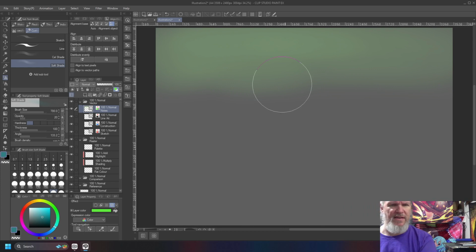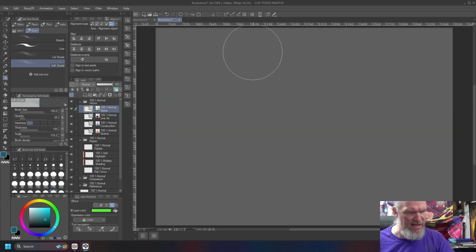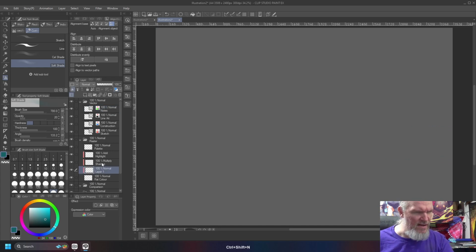I do something that's pretty highly saturated, like this. And you can see it's kind of see-through. Why is that coming out like that? Oh, that's because I'm on a green layer, not on an actual... No, I don't want that. Click to the layer below. Okay, so